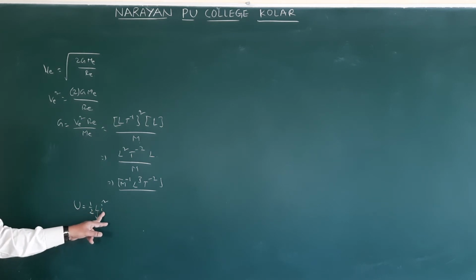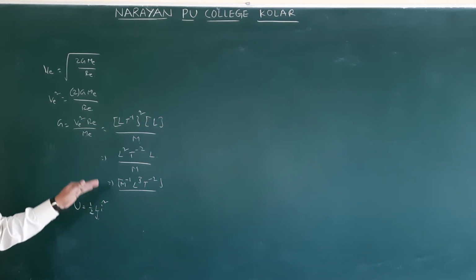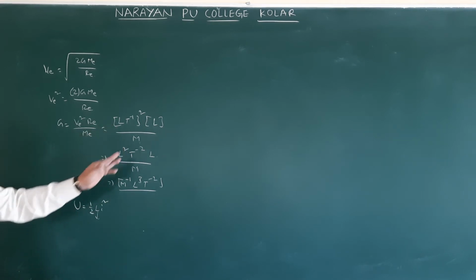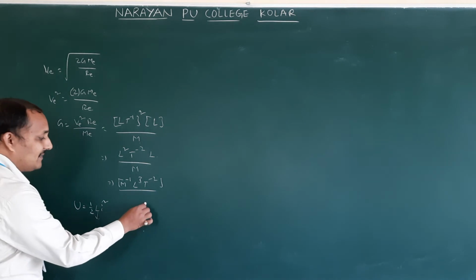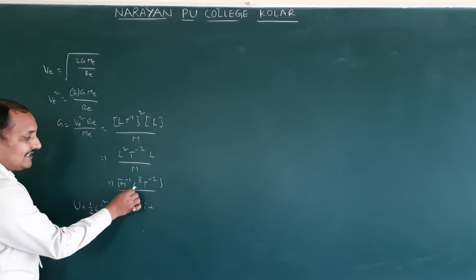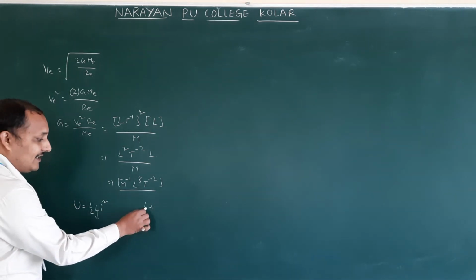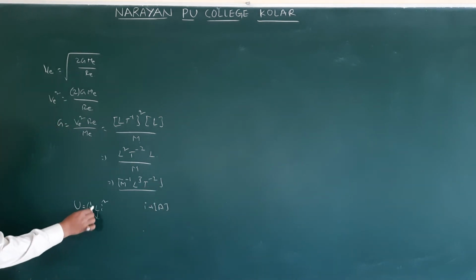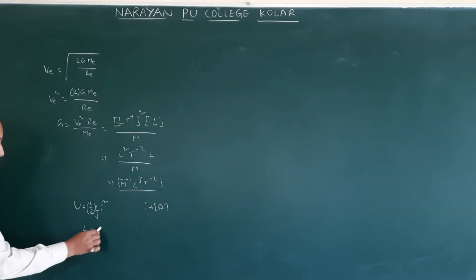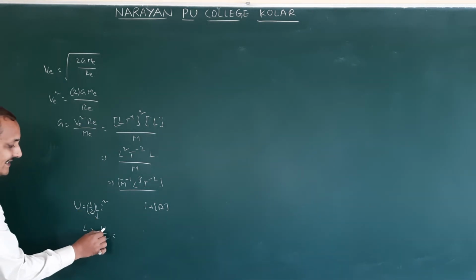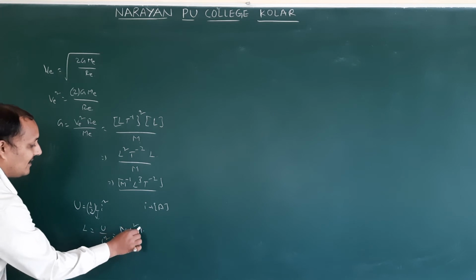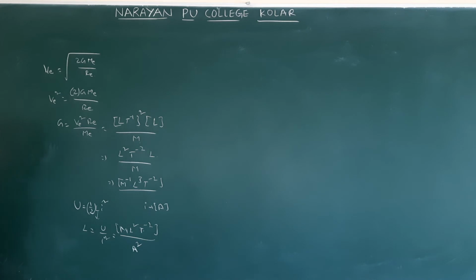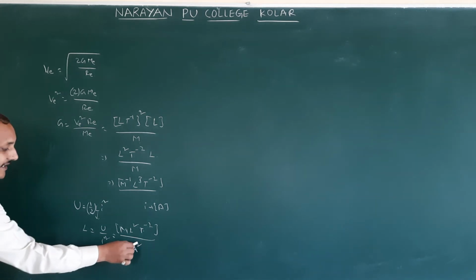I is nothing but current. Current is which quantity? Fundamental physical quantity. For current, till now we didn't use current in any equation. Only in second PU it will come. So for current, what is the symbol we use? For mass capital M, for length capital L, time capital T. For current, what we used? A. So therefore we want a dimension formula. L is equal to U by I square. U means energy they said. Energy dimension formula M L square T power minus 2. Current dimension formula A square, because I value A, I square, A square.